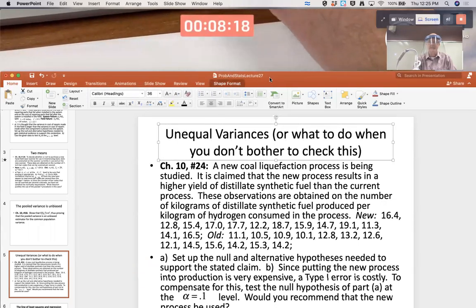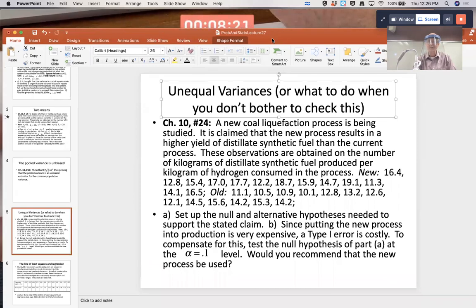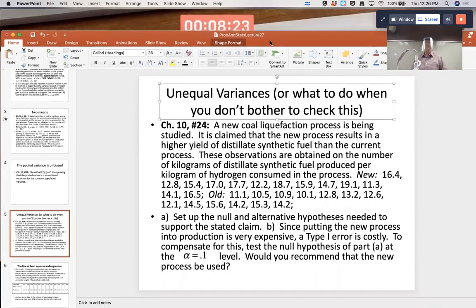Part B says, since putting the new process into production is very expensive, a type 1 error is costly. So type 1 error is rejecting the null when the null is true, which means you think the new process is better when it's really not. You're going to pour money into this new process, but it's really not better. A type 1 error is costly. To compensate, you can,